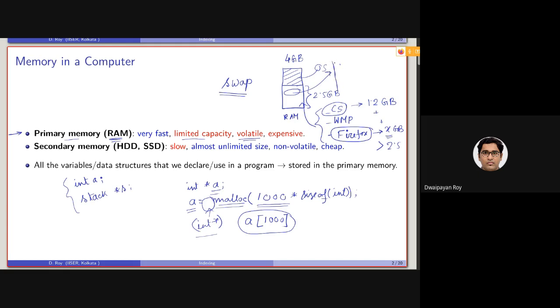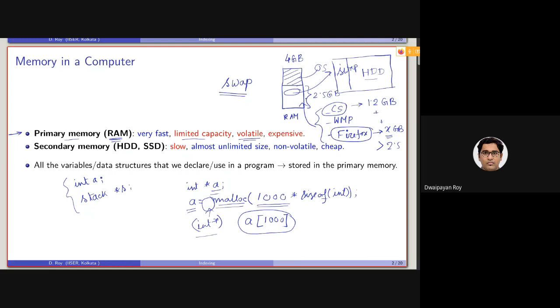So if I just draw a very naive picture of a hard disk, it will be storing certain parts of, not the running programs, but particularly the idle programs' memories. It will be swapping from here to here. This memory space in the hard disk is called swap memory. In this swap memory, the parts from the RAM will be swapped out to accommodate new processes.